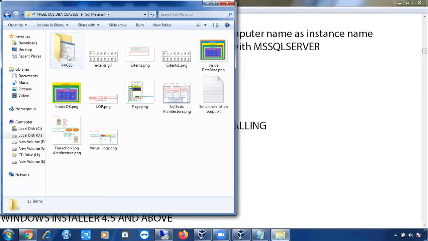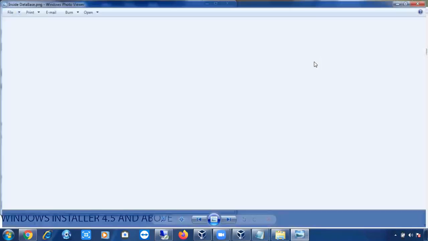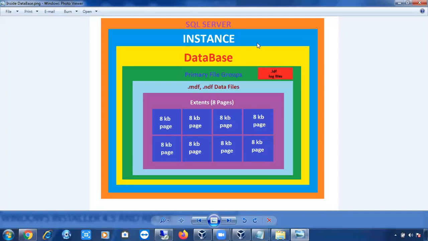Usually in SQL Server, instances will be there. In instances, databases will be there, right? We have discussed that a database is a collection of data files and log files, but data files cannot exist independently. If any data file should be there, there should be a file group concept. In file groups only data files can exist. So in databases, file groups and log files will be there. What is the use of the log file, I'll tell you.